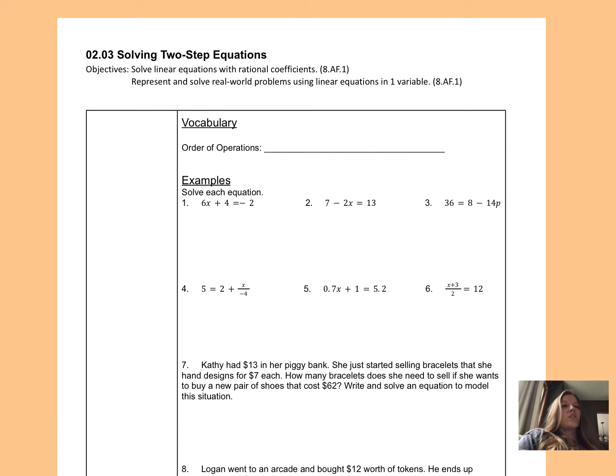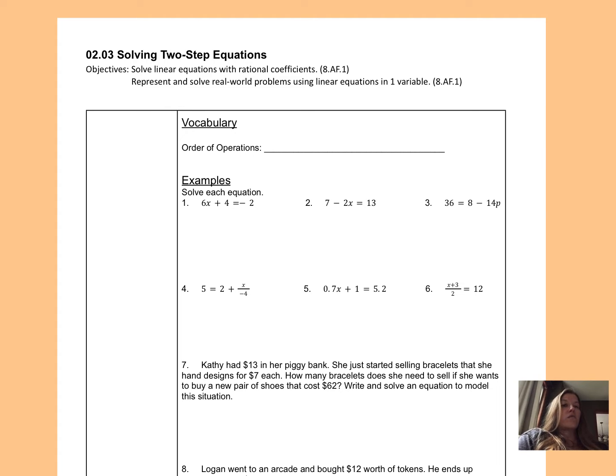In this lesson, we're going to look at how to solve two-step equations. So when we were solving one-step equations, we were talking about inverse operations. Subtraction is the opposite of addition, division the opposite of multiplication. But when we've got two steps, we need to think about the order of operations, specifically